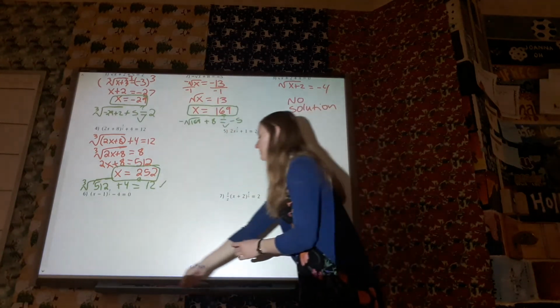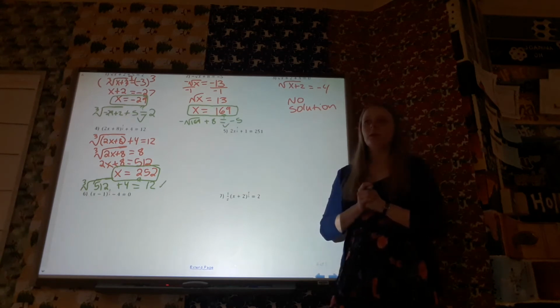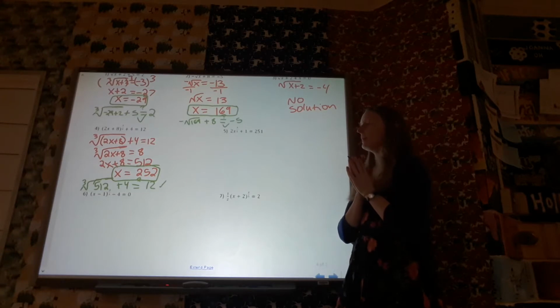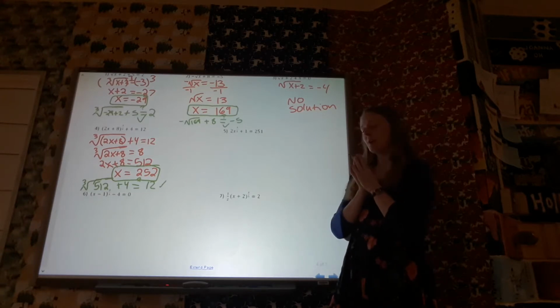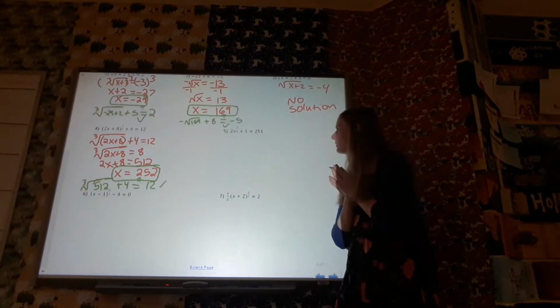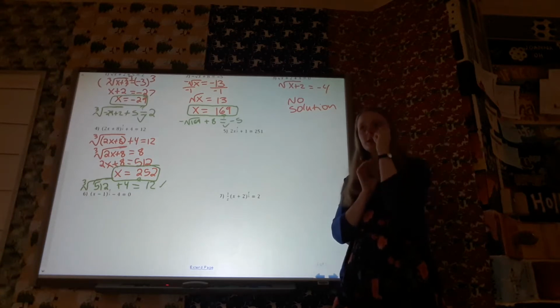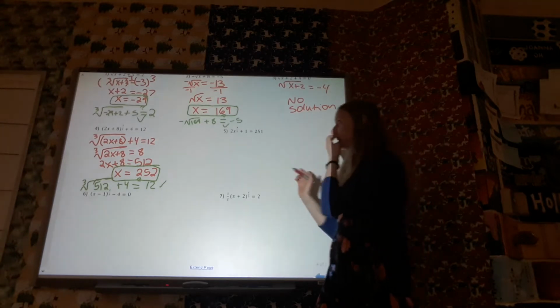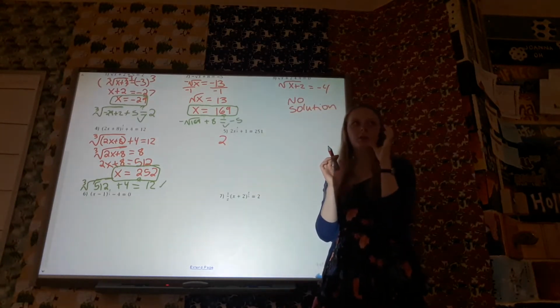Alright, what about this one? I want to convert first, right? Convert it to a radical before we get started. Now, here's where you have to be careful again about the whole conversion thing. See how there's a 2 in the front and then x to the 3 halves? Is the 2 going to be inside of the radical? It's going to be outside because the 2 doesn't have a fraction exponent, okay? So the 2 is on the outside, and then for the x, which is the only component of the radicand,